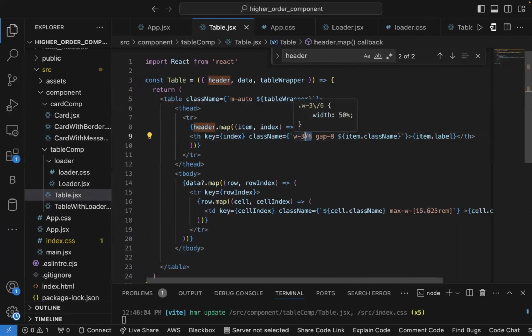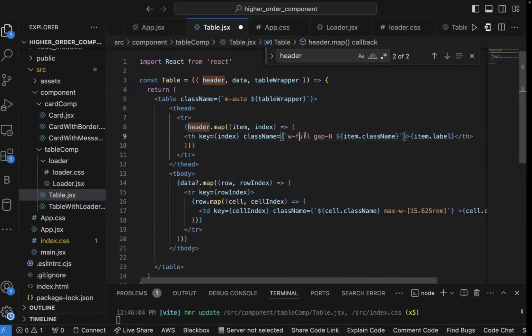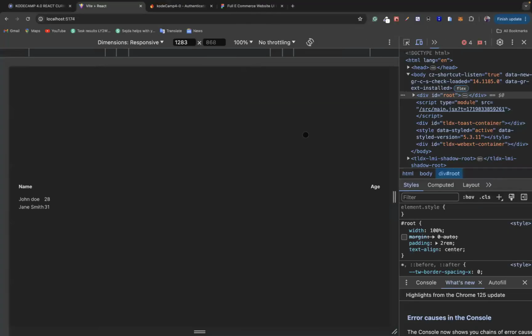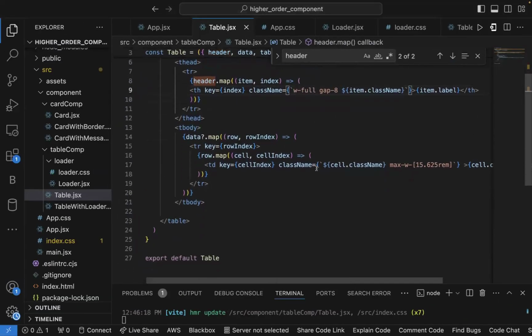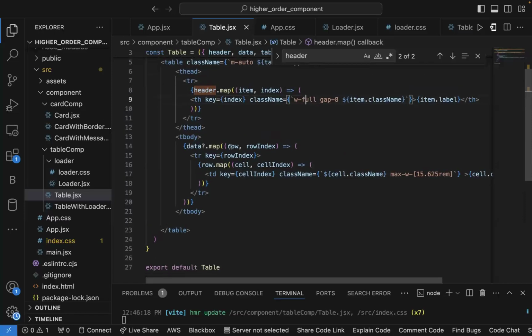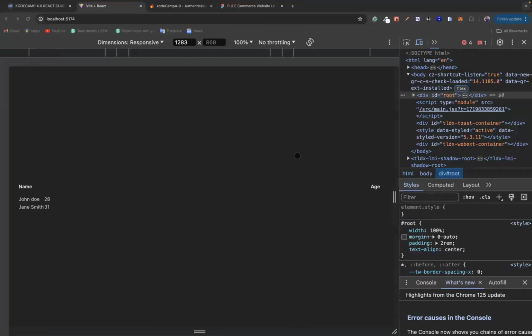All right. So 50%, let's see. What did we give it before? Okay, let's maintain that. So for this, we're also going to replicate this style and give it its own style to make them match. Can remove this from here for now. And we should be able to have